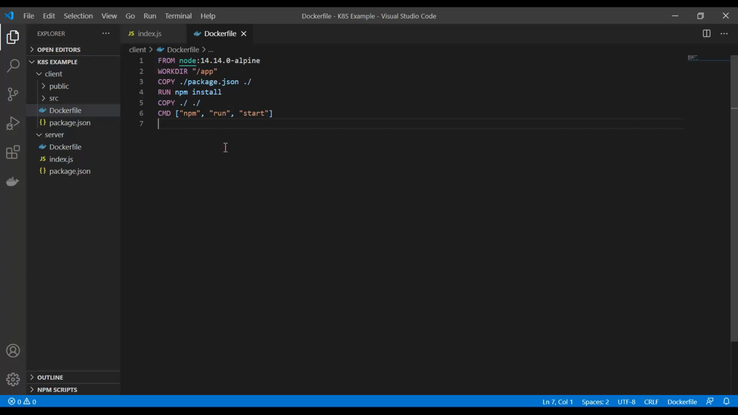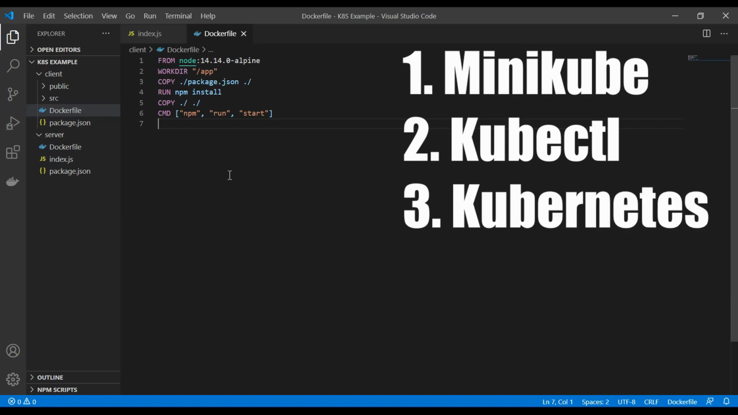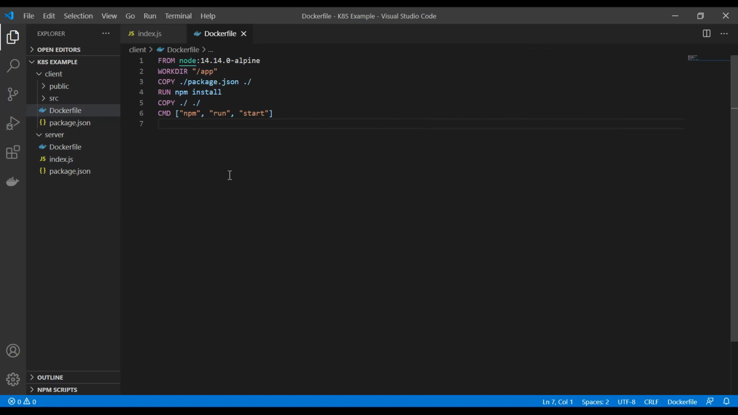Welcome to this Minikube and Kubernetes tutorial. In this tutorial, we are going to do the following. We will go through the process of installing Minikube. We will then install kubectl, and I have prepared an application here, which we have used in the last video,